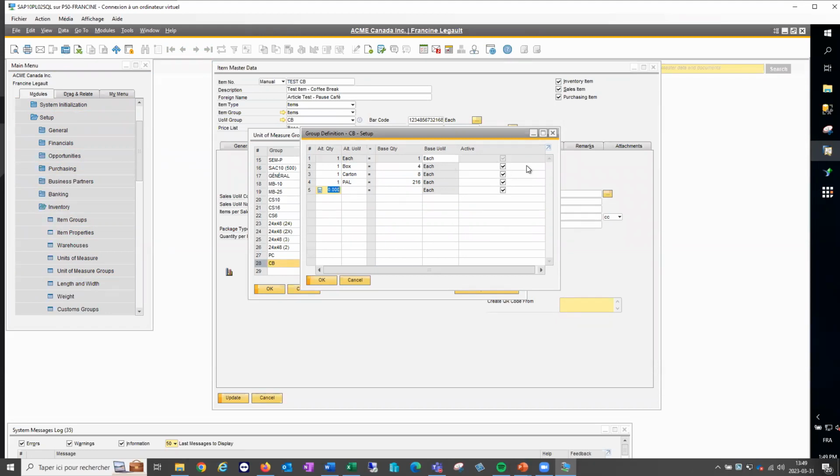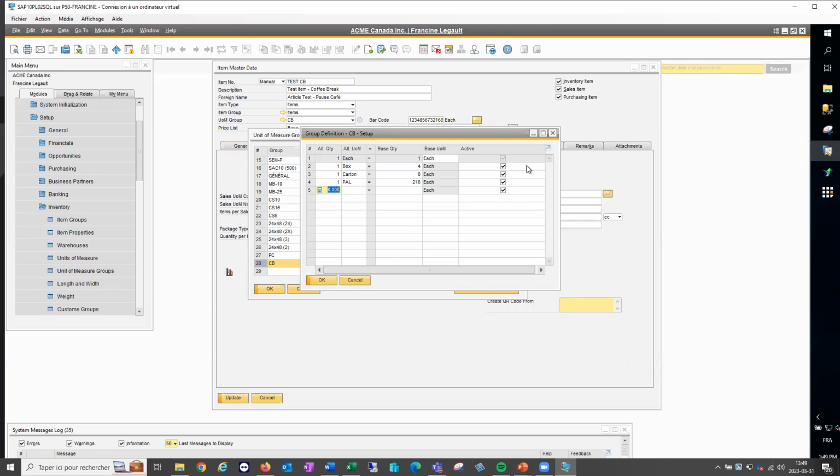It won't be available to set up as a purchase or a sales unit, and it will no longer be available in marketing documents and packaging types. So basically it's like you just remove that unit of measure from your group.